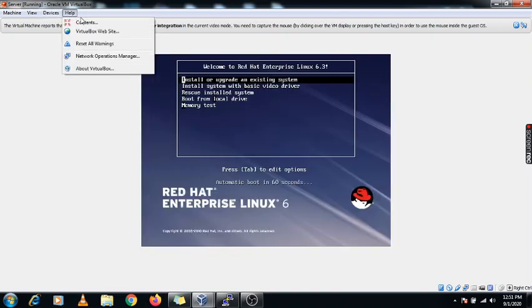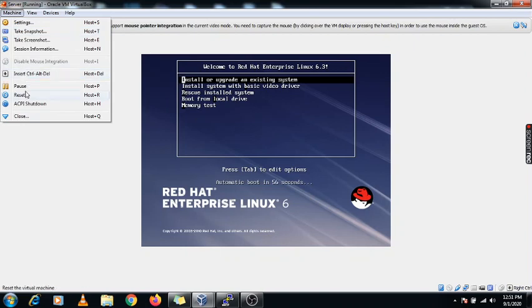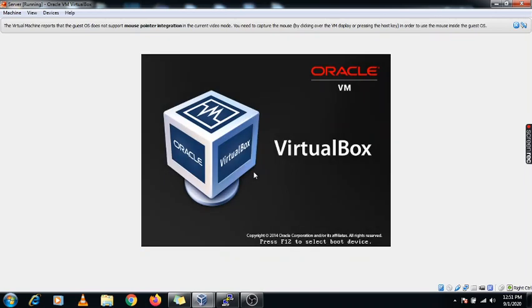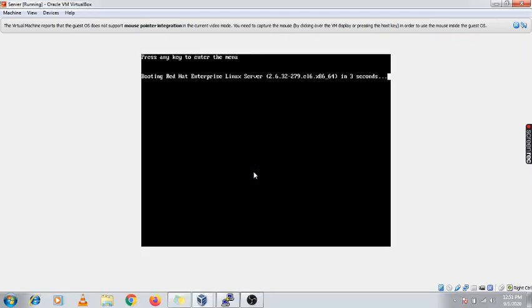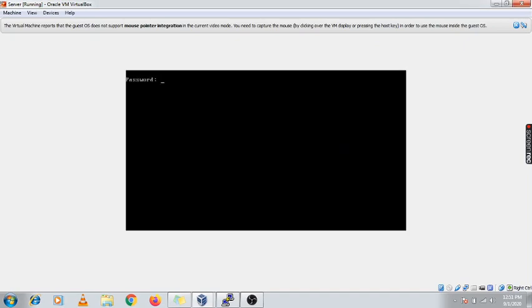I'm removing this disk from my OS. Yeah, the disk is now removed, and I'm going to reboot my server again with the hard disk. Now it's asking for the password. We have set the password, that is Red Hat. After entering this password, it will prompt for another. Now my machine is secure with this kernel password. If someone wants to log in on my server, the system cannot allow it.